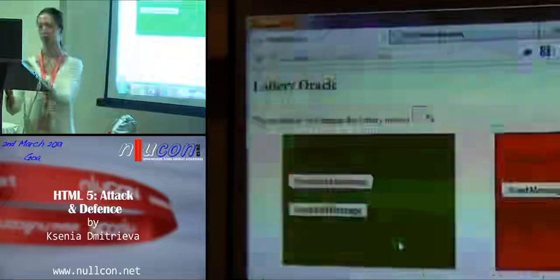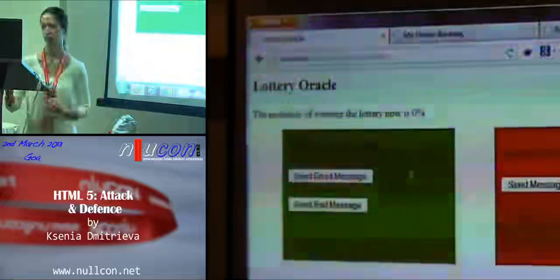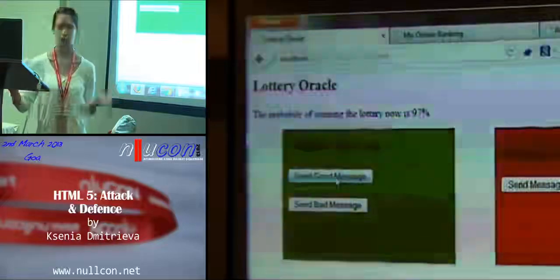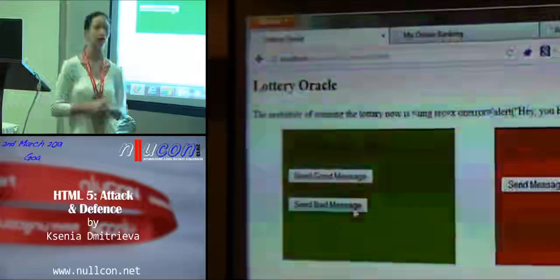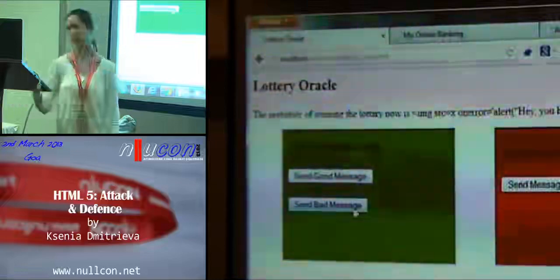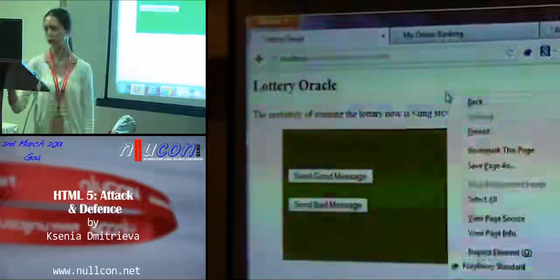So let's try that. We update, we send a good message, it works, we didn't break our code. And then if we send a bad message, it gets embedded just as text. And if we look at the source,